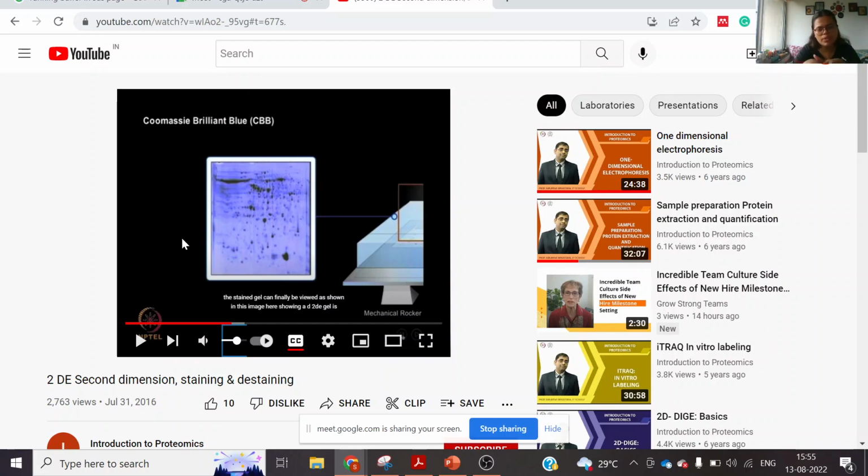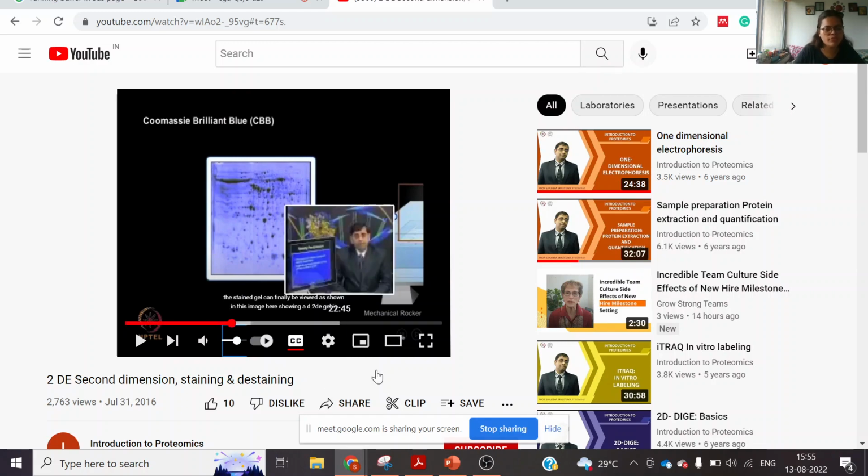Generally, people use a white light pad because there could be a few low abundant proteins which will give a very light band. So, to have a very clear image, people use a white light pad for visualization of the gel image when you are using Coomassie brilliant blue dye